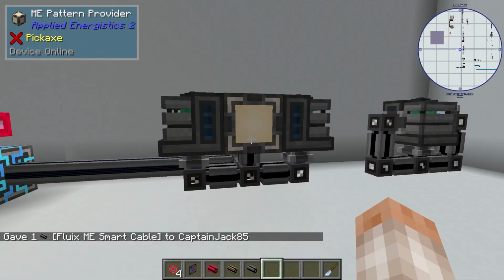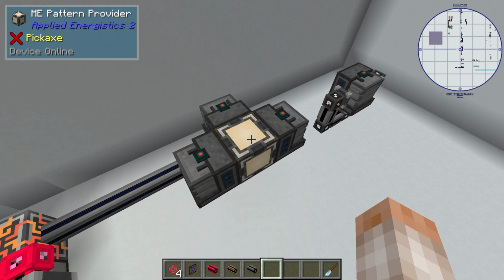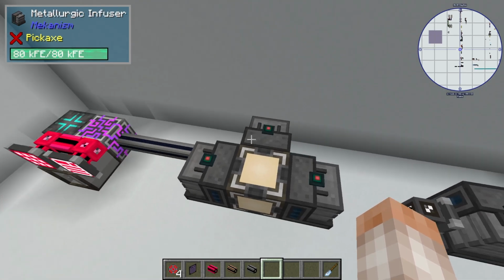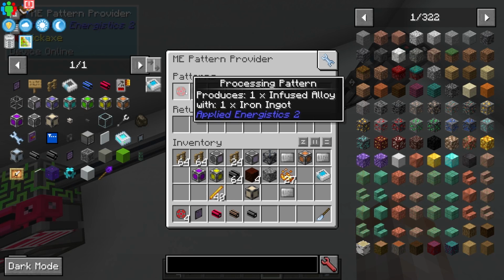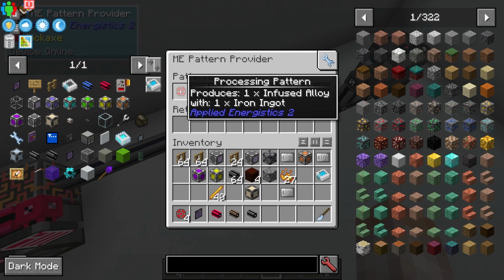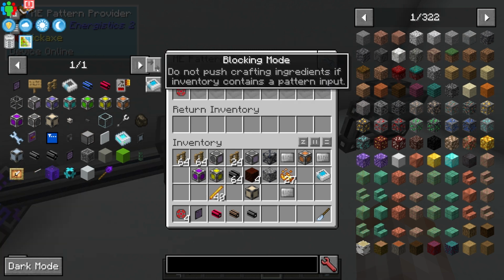Here we have another example of how to use a pattern provider just in the regular block form instead of multi-part. So here I have 3 metallurgic infusers surrounded by 1 pattern provider, and the pattern provider only has 1 pattern in it, and it says you can make 1 infused alloy with 1 iron ingot. But before I fail to mention, one of the most useful features in very specific circumstances for these pattern providers